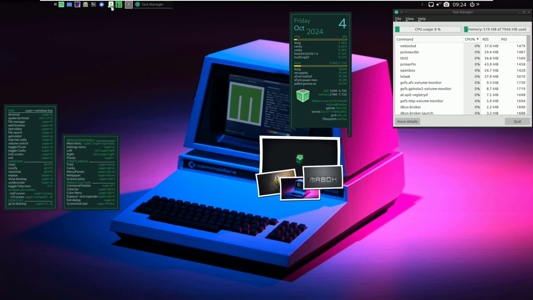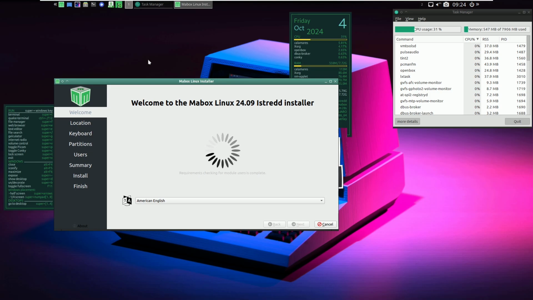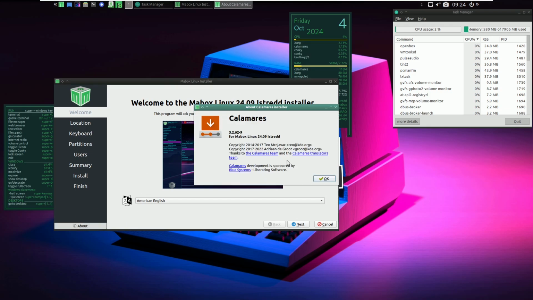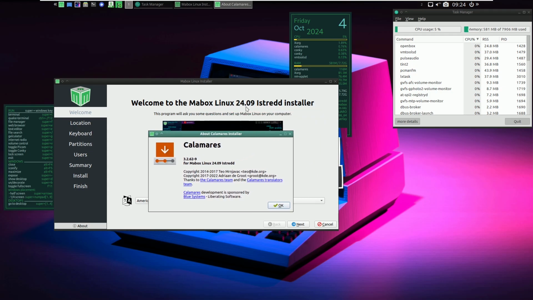Let me show you the installer. Let me open the installer. Here you should see Mabox Linux 24.09. There is already a latest version, 24.10, available, as I already showed you in the browser while downloading. So you should get the latest ISO file. When I was downloading, the only version available was 24.09, which was just a few hours ago, but the latest version is already available. And here is the Calamares installer